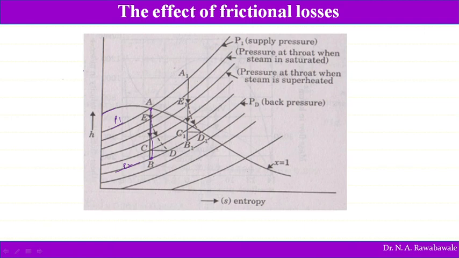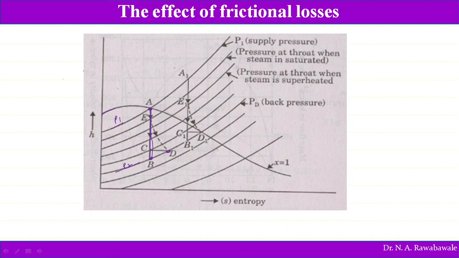So here, steam when it enters into this turbine or nozzle, say nozzle, it has to follow isentropic expansion, and at the end of expansion, its pressure gets reduced to P2. So the condition of steam must be at point B, but because of friction, instead of following this vertical path, the isentropic expansion, the path followed by steam is A to D, it gets deviated, and at point D. Now if we see the quality of steam at B and the quality of steam at D, here the quality of steam will be wet, and at point D the quality of steam is dry. Because of friction, the quality of steam gets improved.